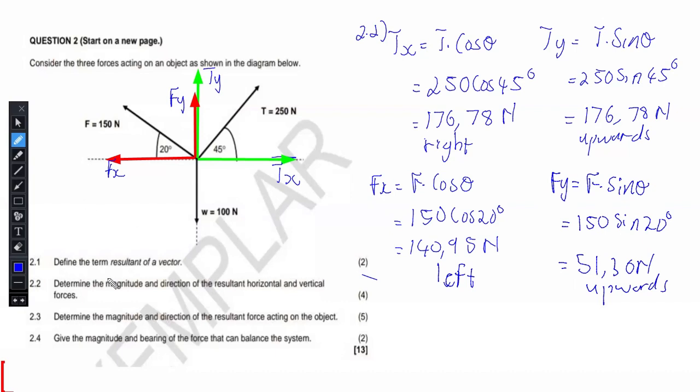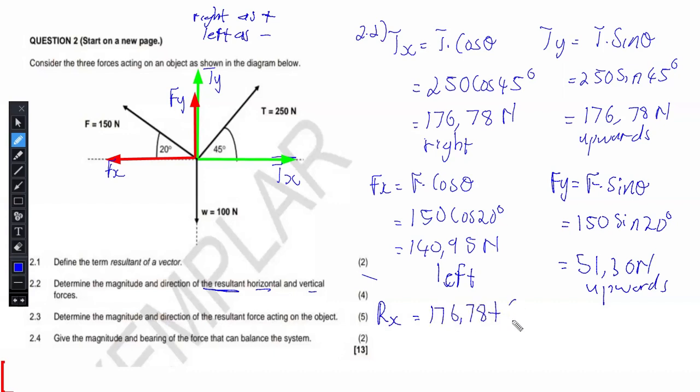So, okay. Then once you have this, remember you must calculate the resultant of the horizontal and the vertical forces. So to calculate the resultant, if you say resultant of the horizontal forces, then this is simply going to be, now when it comes to this, you must make sure that you have chosen the direction. So you say you take right as positive, then automatically it means that whatever is going to the left will be negative. So left as negative. Then that means I will have